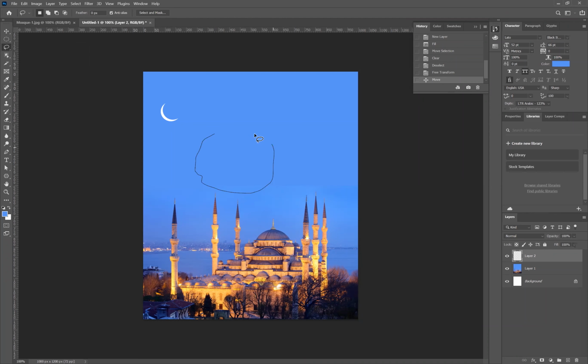You can draw like this. For example, if you take the rectangular marquee, you can draw a rectangle or a square or some shape like this while selecting. And with the help of the elliptical marquee, you can make a circle or an elliptical selection. If you want a perfect circle, press the shift key, so it will always have a perfect circle shape.